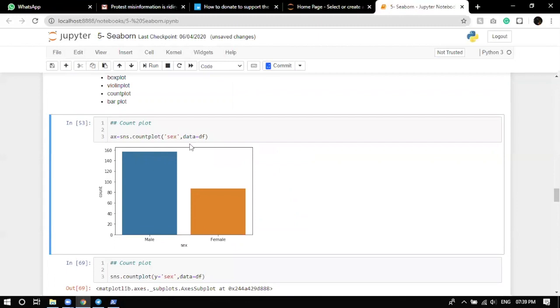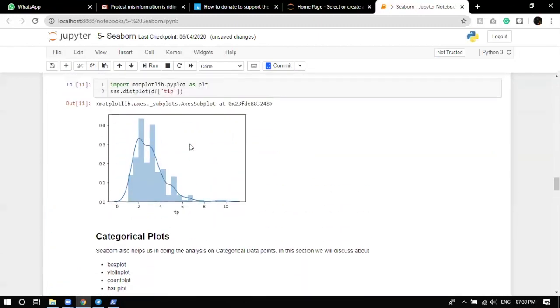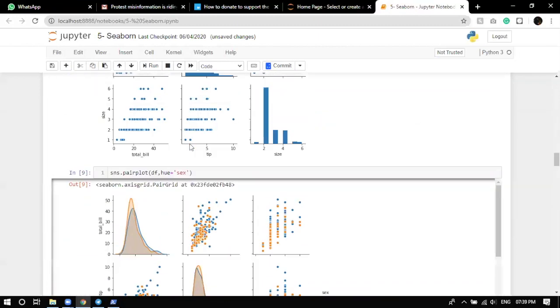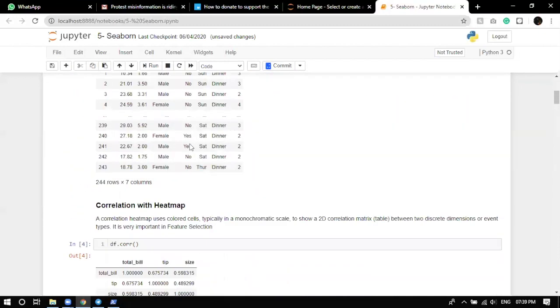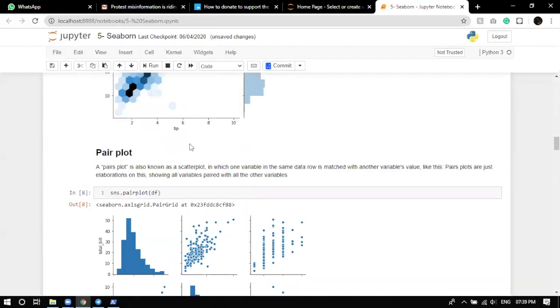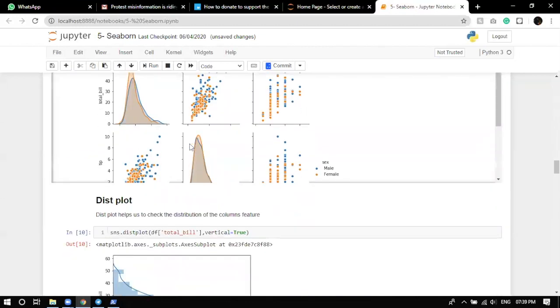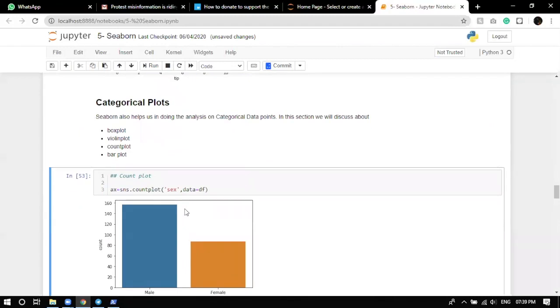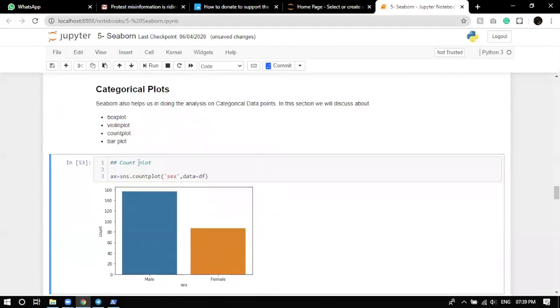Now we'll come to categorical plots. Yesterday, all the graphs that we studied were about continuous values, where the column that you're providing is of continuous numbers. Now we'll go for the categorical ones. So the first one is a count plot. Simple as the name suggests, a count plot takes the count, the frequency, of a particular element of a class present in the whole column.